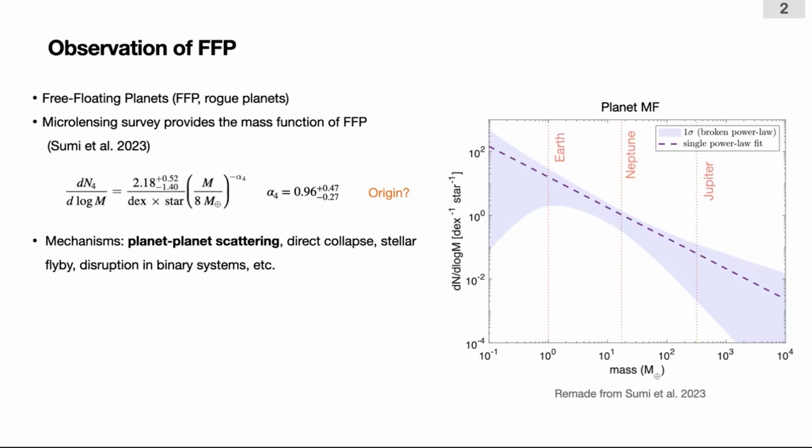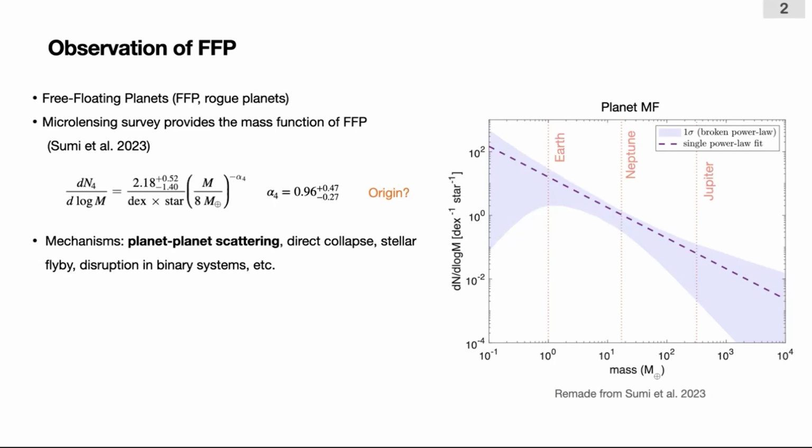And we're all very familiar with this figure. Does this work? Okay. This figure has appeared in multiple talks in previous days. So we know that the mass function of the free-floating planets can be best fit by this very nice power law function. But despite this neat form of the mass function, we still don't know its origin.